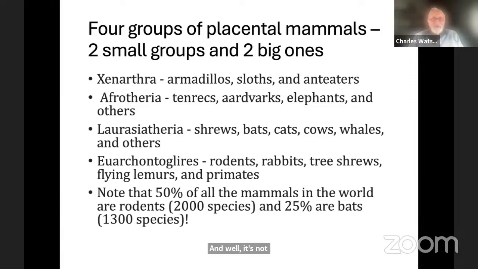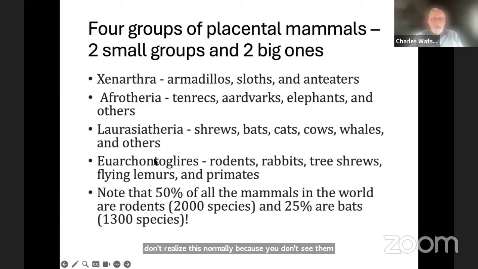And then what I want to point out is that of the others, the Laurasiatheria include the cows, the hoofed animals, the whales, the shrews, and the bats. The important thing about these is that the bats aren't just any old group. The bats constitute, as I said below, 25% of all mammals in the world. That's both in terms of the number of species and the actual number of animals. But we don't realize this normally because you don't see them much. They hide in caves and they're only around at night, so we don't notice the bats being so important.